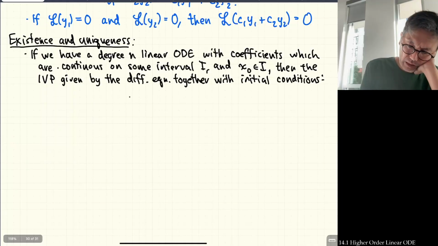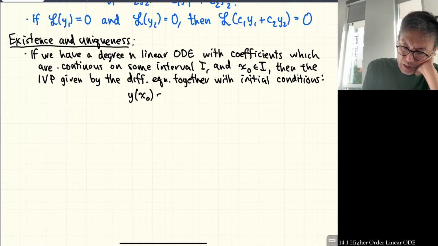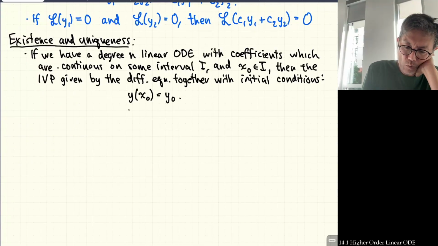You might have something like y of x naught being equal to some number, which we'll call y naught. You might have y prime of x naught being equal to some other number, which I'll call y naught prime,